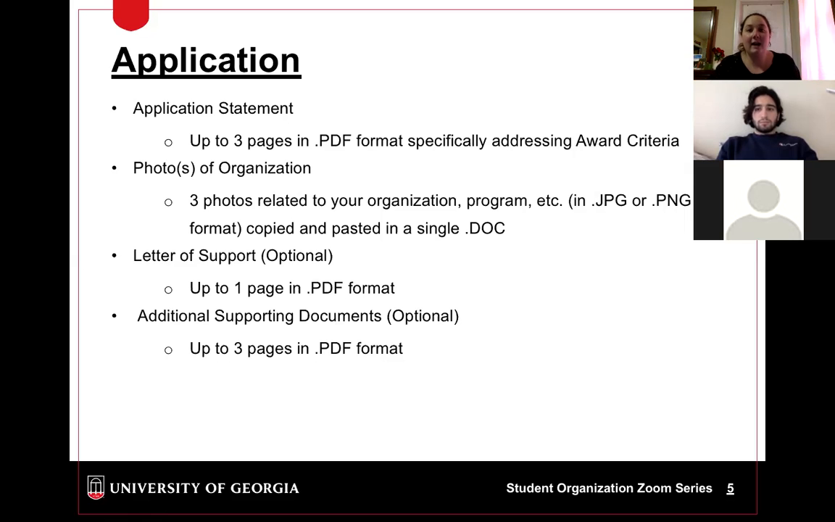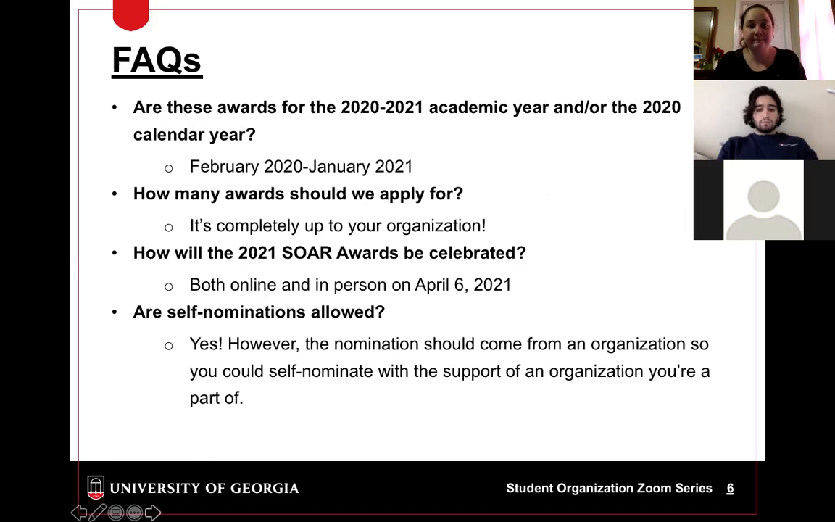And I would recommend not just submitting one for each of them that's the same, but rather, use some parts of it, but then adapt it, similar to what you do with a cover letter when you're applying for different jobs or internships. So some frequently asked questions that we get are